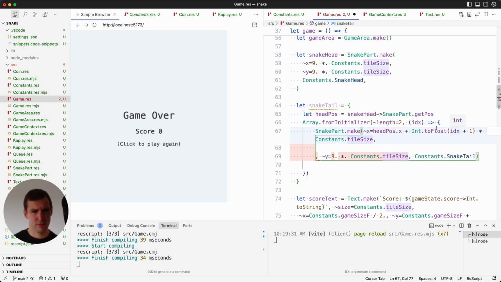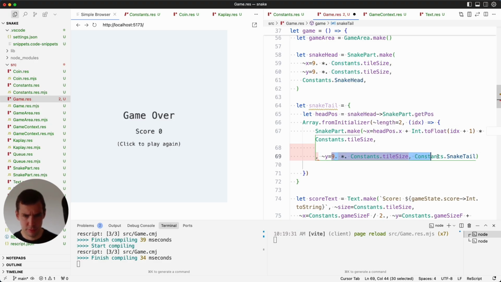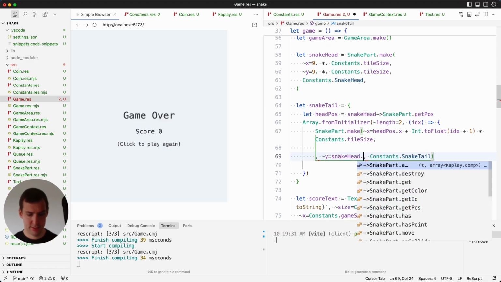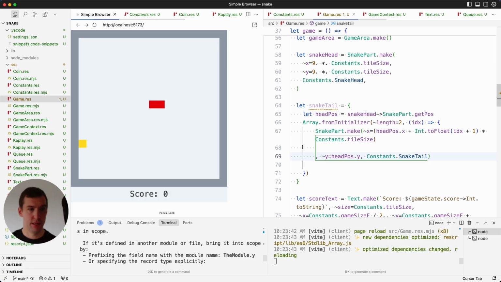Because this is an int, we're basically doing the to float. And then over here, what we can say is most likely the head snake head.y. We need the head position instead of the snake head. Sorry about that. So yeah, you can see this created a tail, and